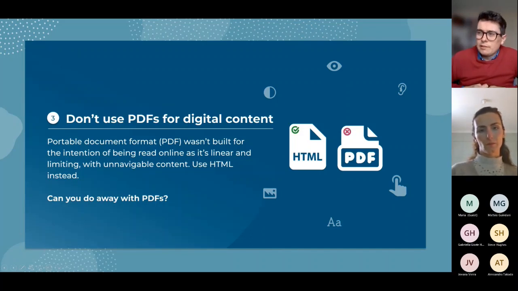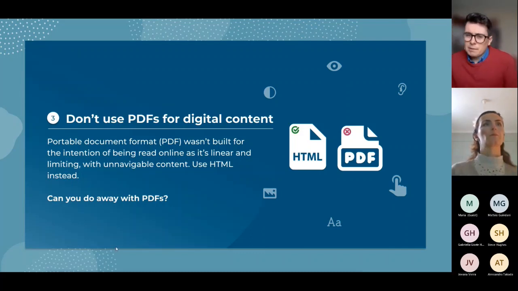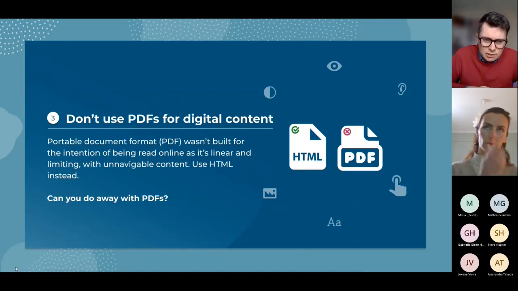HTML was. And the advantage of HTML is that we can apply all sorts of metadata to that HTML, which we'll talk about in future tips. We can apply that metadata to the HTML, which can be interpreted by assistive technologies. PDFs are getting better, but it's still a lot harder to create a PDF that can be consumed by, for example, a screen reader. So by default, try to use HTML as the medium rather than PDFs as the way to share content.